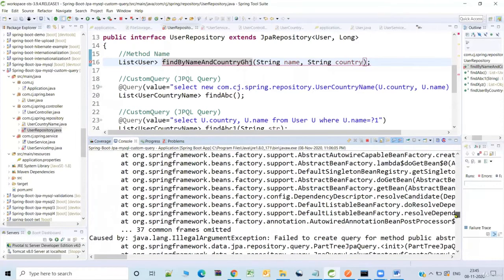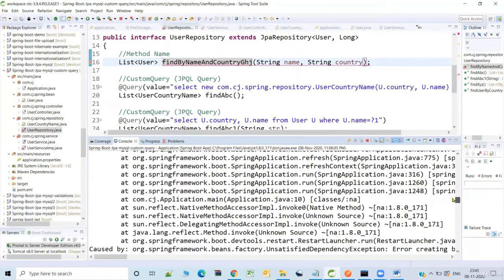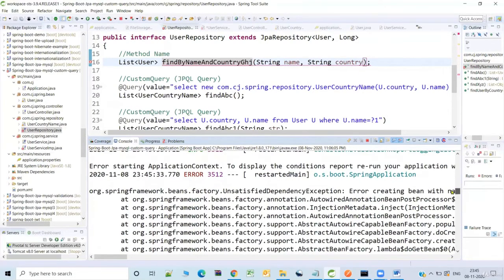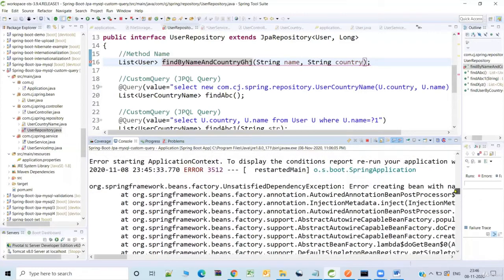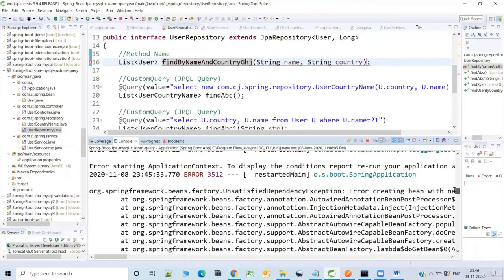If you go and observe, I am getting an exception. Let us find the reason. Anytime you get an exception, go to the first few lines where the exception occurs. Don't get scared by looking at the whole exception. There is no necessity. Generally, you will get almost the complete information from the first few lines.